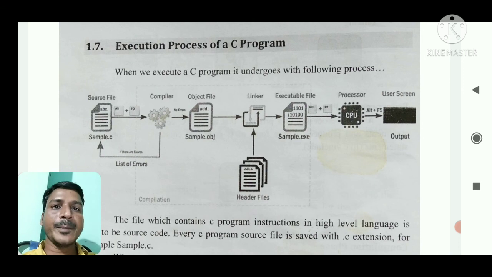Observe carefully. First of all, the source code, that is sample.c.